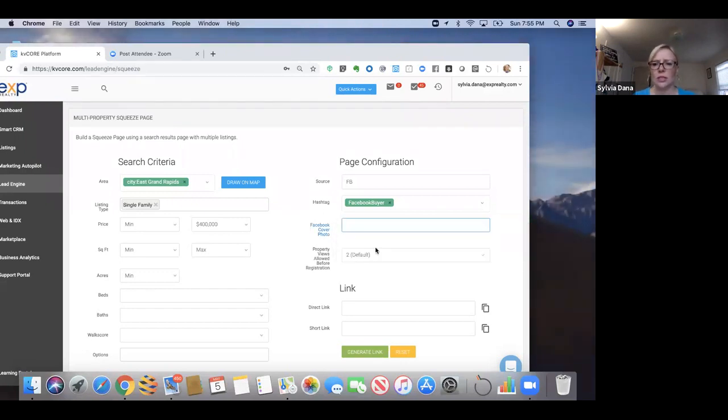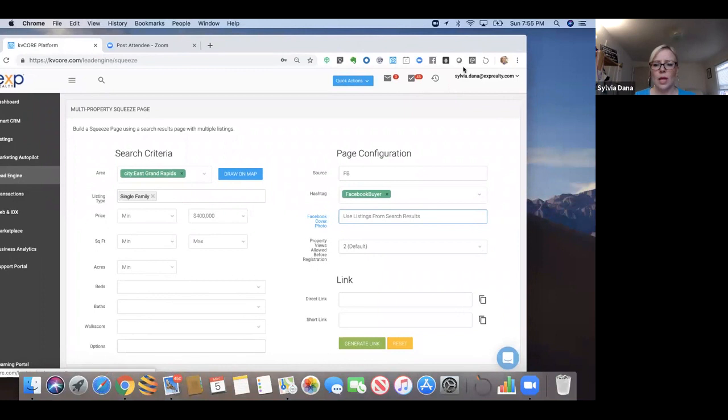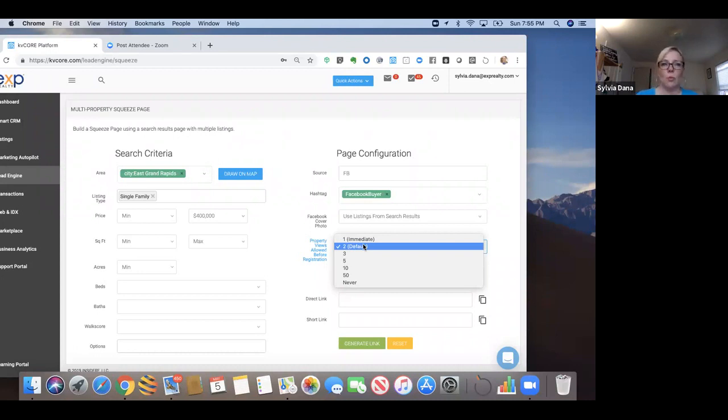And then I'm going to use the listings from the search results. And then I'm going to click on, here where it says property views allowed, this means how many pictures basically can this new lead look at before I ask them to register. And the default is 2. You know, I could increase that a little bit so that, maybe if they're on my site a little bit longer, they're a bit more likely to register. So I'm going to increase it to 5. Okay. You can do this however you want. And then